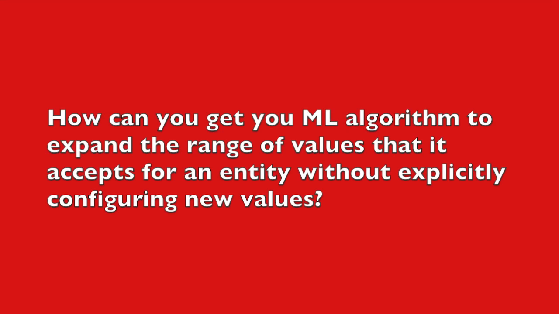We've learned in earlier lectures that every agent has a unique ML model associated with it. Dialogflow trains a unique model for every bot. Now, the question, which you should be able to answer at the end of this video, is: how can you get your ML algorithm to expand the range of values that it accepts for an entity without explicitly configuring new values